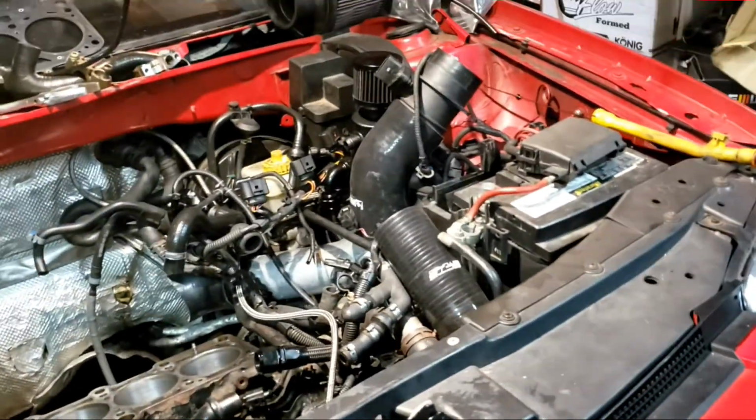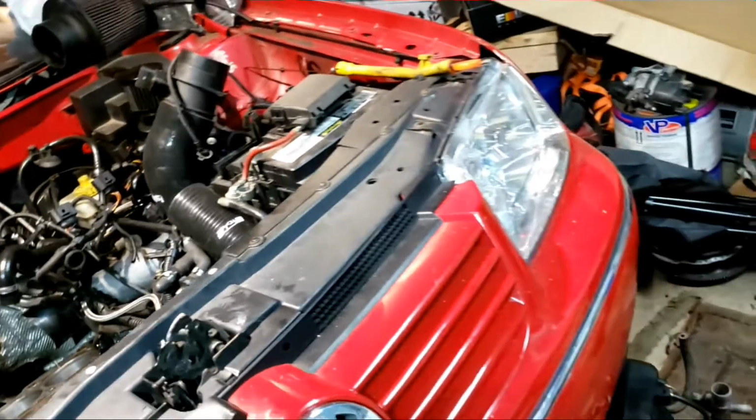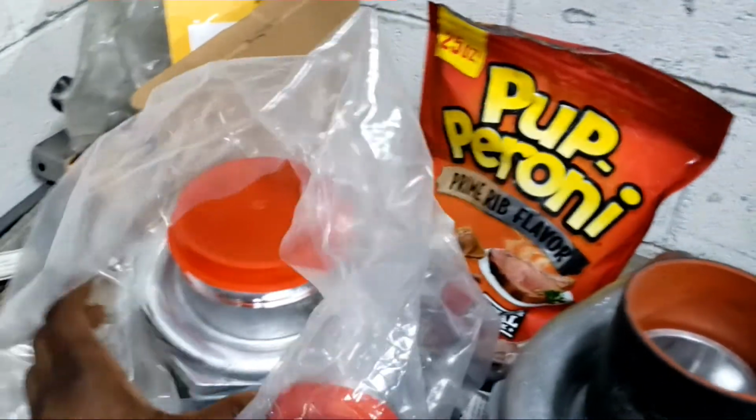It is an '04 GLI. So we got ARP head studs and stuff. So I'm gonna go ahead and see if I can get it together. I already have this stuff set up, and we got a GT. Let's go over here to the table, guys. Before we get out of here, we got the GT